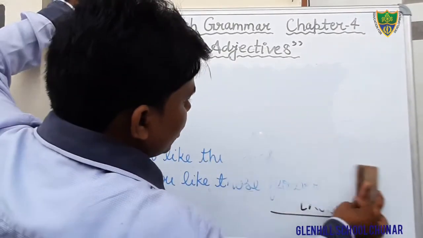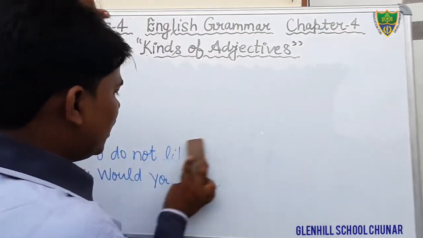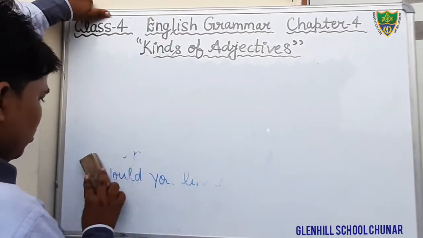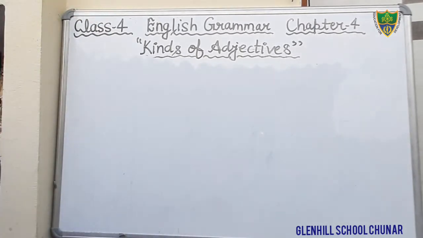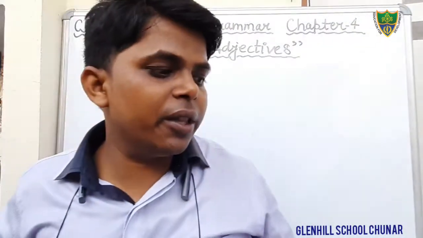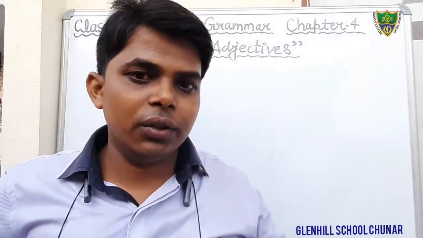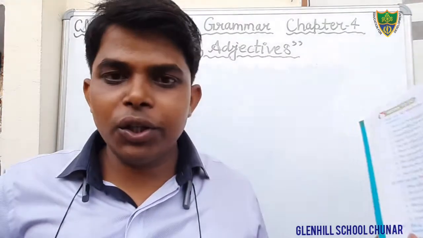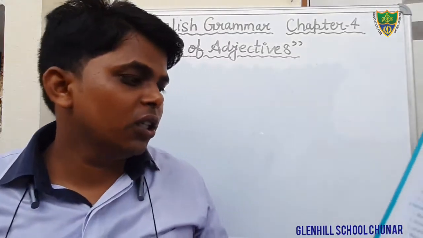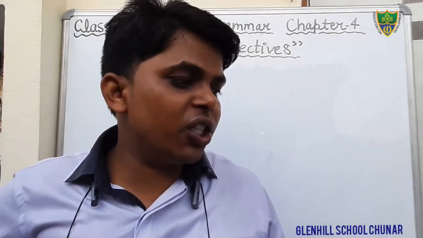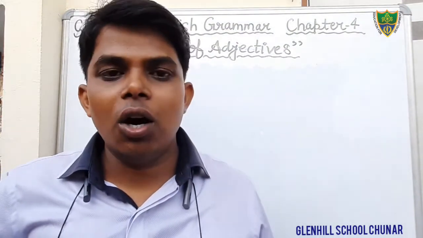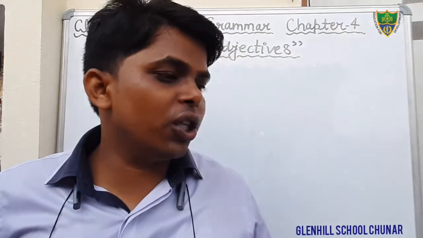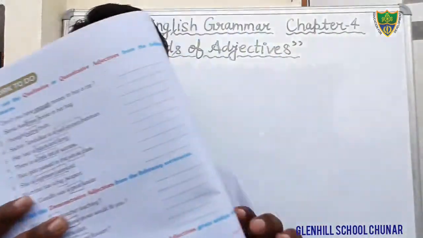And the 3rd question. What is the 3rd question? To select the suitable degree. Okay students, just see the question number 3rd. Fill in the blanks with the appropriate forms of adjective. There are 3 forms of adjective: positive, comparative, and superlative. Just see the first question. Mount Everest is the ... mountain in the world. Here in this question helping words are also given.